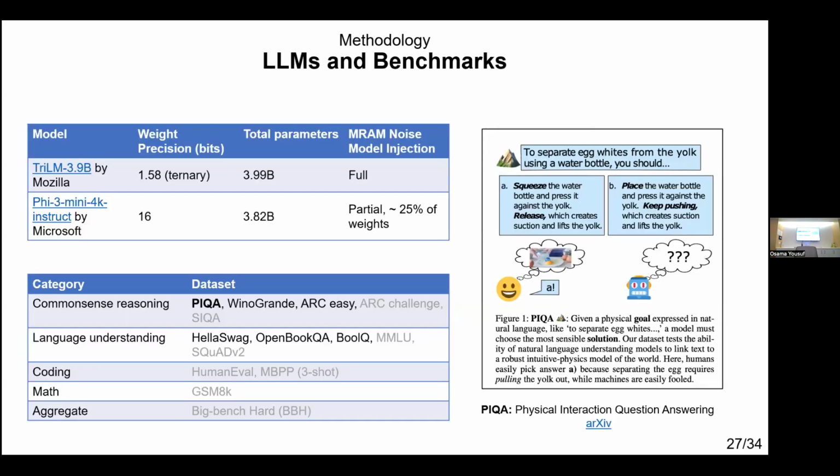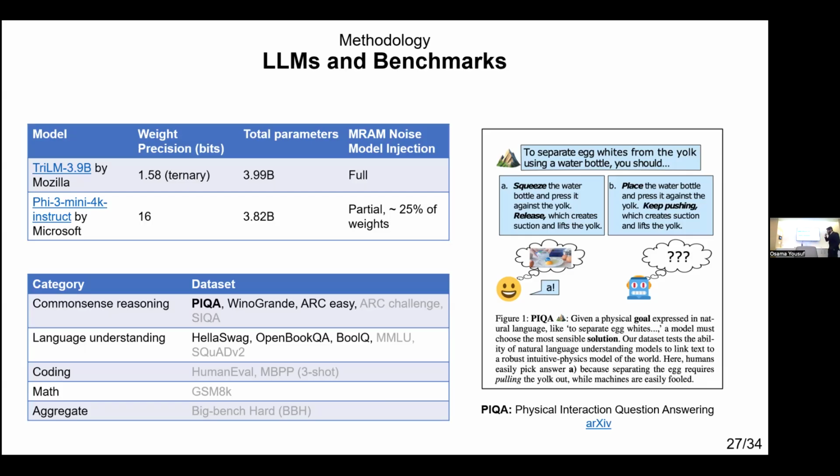Quickly going over the actual LLMs and benchmarks that I'll be talking about. We use two primary language models. The first is called the TriLM model, which has ternary weights. But then at the end, we also have results showing a Phi model by Microsoft, which has 16-bit weights. And we show how you could still use binary devices to implement such a network for an effective memristive LLM